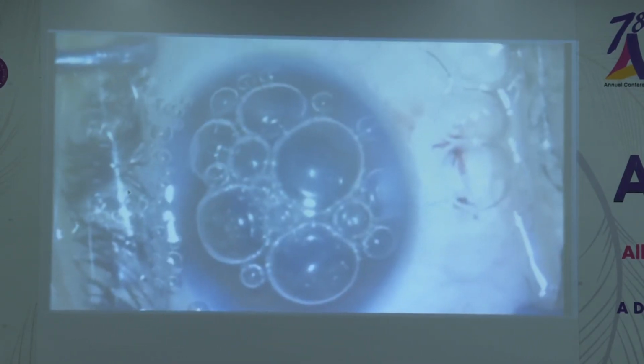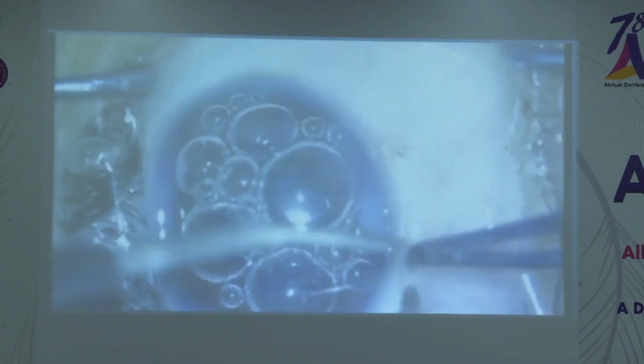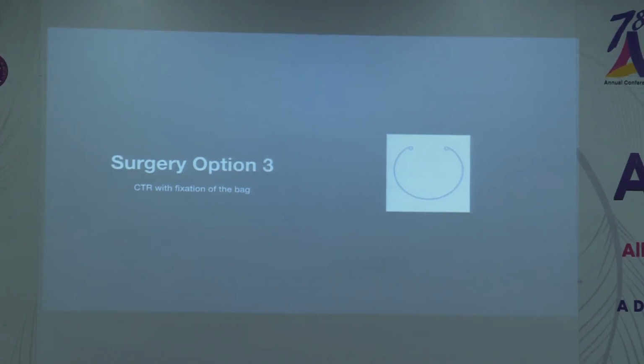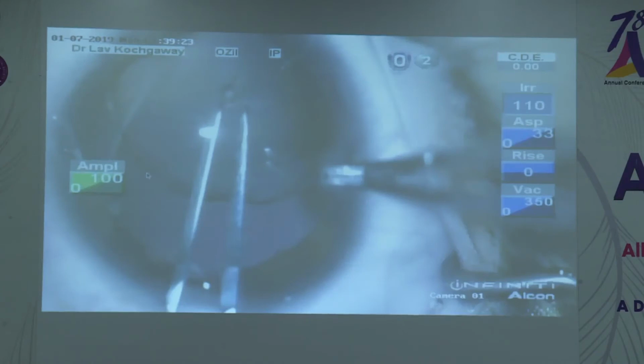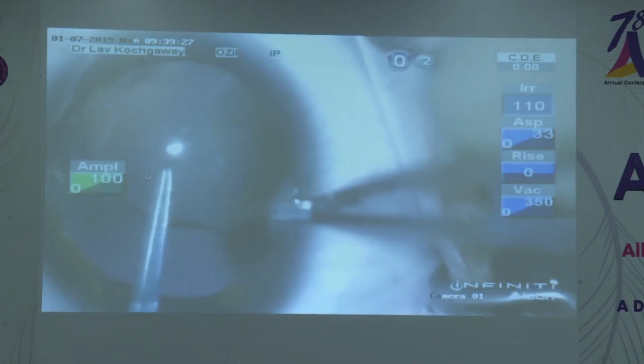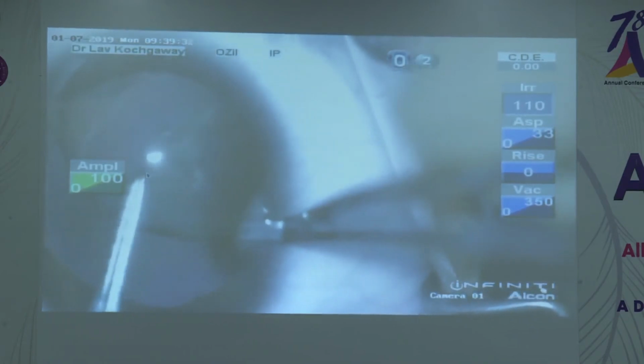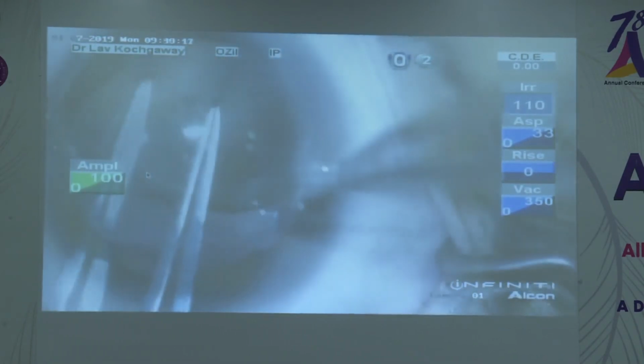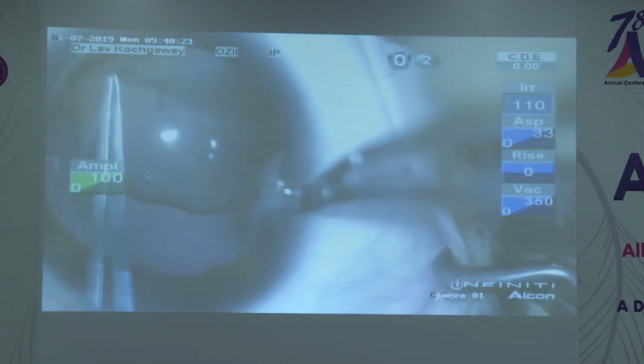But in long-run follow-up, this part will start coming in towards the center. Now the third option was by accident, in which only the CTR was implanted. When I did the other eye of this child, only the CTR helped, and we could get a good centration. So I was not prepared with an Ahmed segment or Sioni ring for the other eye.